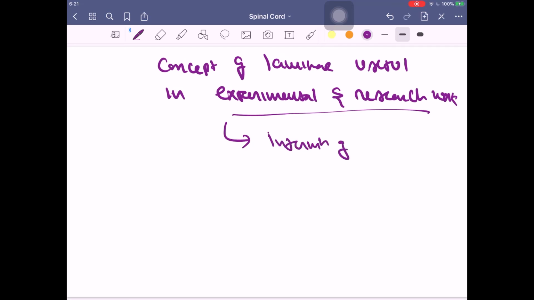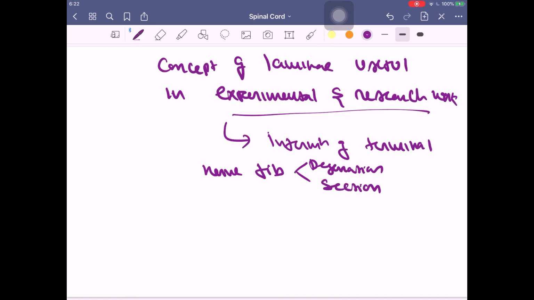Because it provides information on any degeneration. Suppose the last terminal nerve fiber is degenerated, by a natural cause, or is cut off because of an injury or experiment. After section of this, what does it lead to? Loss of function, so that can be known. But clinically it is very difficult to find out, so it doesn't have any clinical significance.